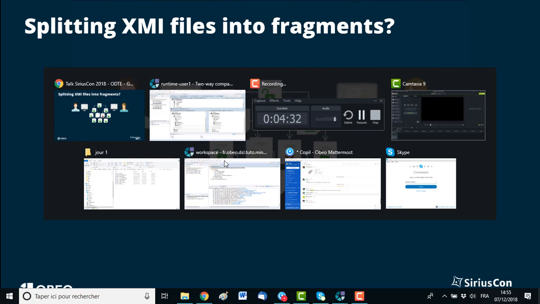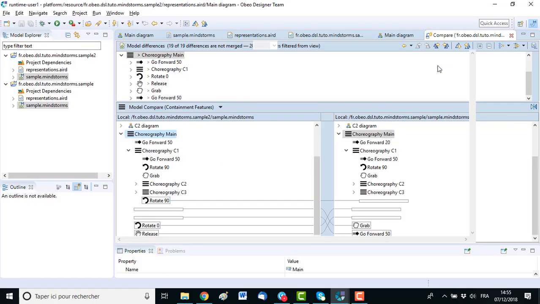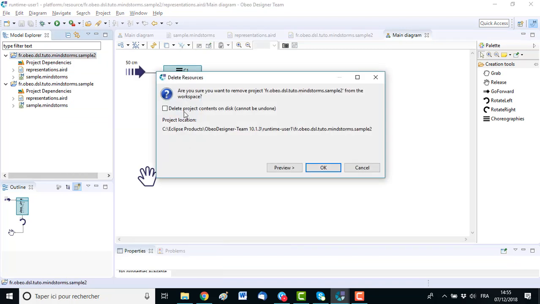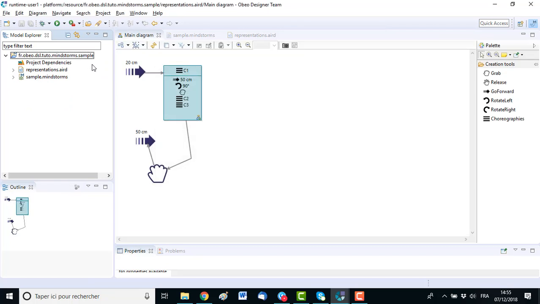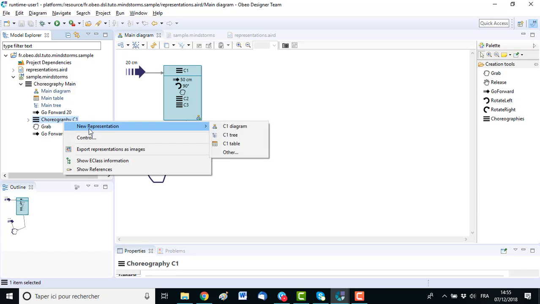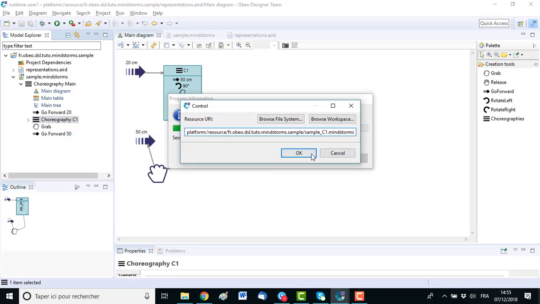To do that, if I go back to my model, I can close EMF Compare and delete this copy. So to avoid parallel copies of the same model, I can, on the same model, split this file into several files. And for example, I can select this choreography and control it, which will cause the creation of a new file containing the definition of this element.